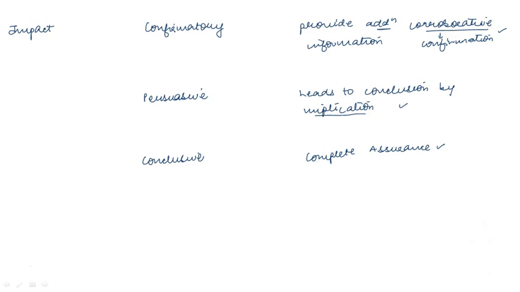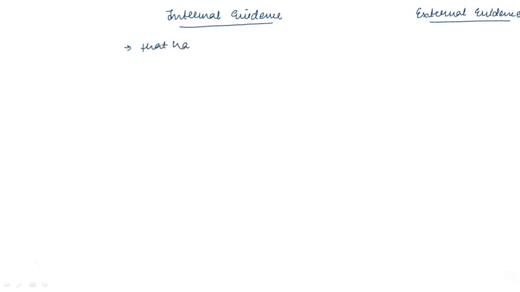Pause. Now let me tell you guys more on internal and external evidences. Internal evidence and external evidence. Because whenever we are writing any kind of difference between, you are just required to remember the points itself. Right? Now, I am talking about the audit, we are going to discuss from the auditor's point of view. So internal evidences are those evidences that have been created